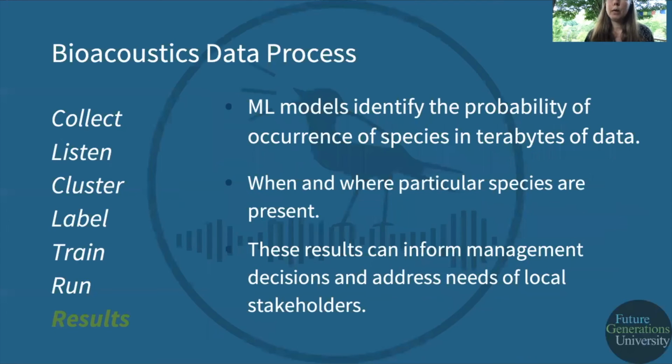These machine learning models identify the probability of occurrence of a species in these terabytes of data. So when and where is that species present? And then these results can inform management decisions and address the needs of local